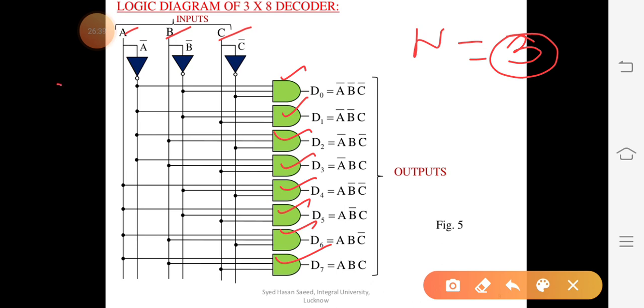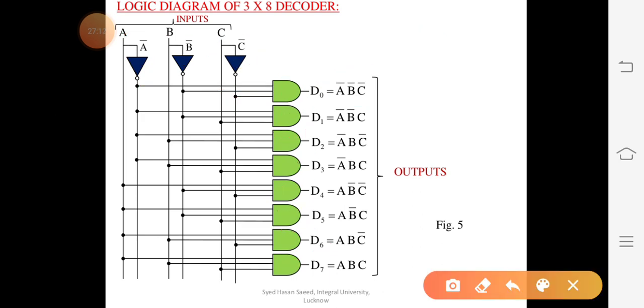Now for the combination 0 0 0, तो 0 0 0 के लिए हमने क्या किया? अब यहाँ देखिए हमने कॉम्प्लीमेंटेड वेरिएबल्स बनाए हैं for A bar, B bar, C bar. We will write here NOT gate, ठीक है. Now for this 0 0 0 combination we will attach here the complemented signal for A, complemented signal for B, and complemented signal for C. That we will pass into this, and D0 will produce the output, and the rest all will be inactive. So it will be represented by A bar, B bar, C bar. Moving on to the next, any other combination.